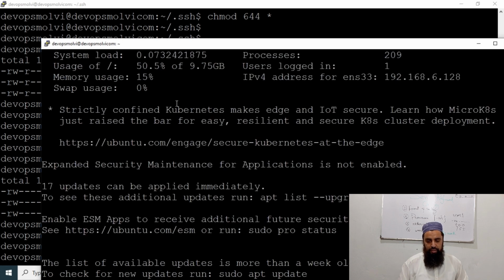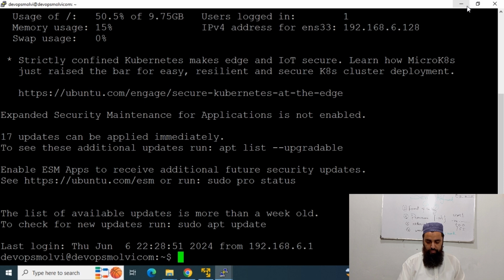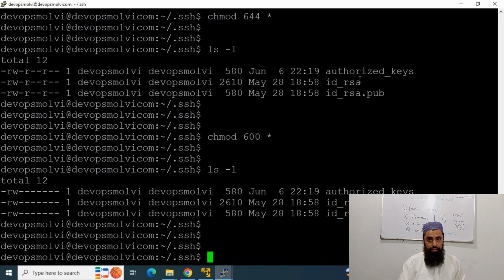So guys, that's how we connect with our VM, and that's how we fix the permissions and ownerships error. We fixed all these 4 errors: permissions, ownerships, format, and authorized keys. So one of these errors may be causing the server refused our key error, and you're not able to log into your VM. So I hope that now this tutorial will help you, and that's how you can fix this